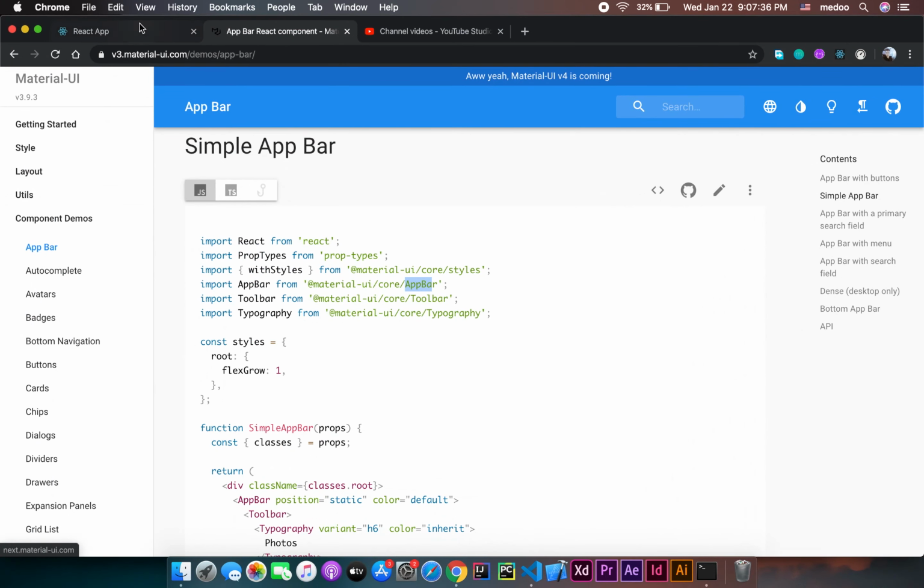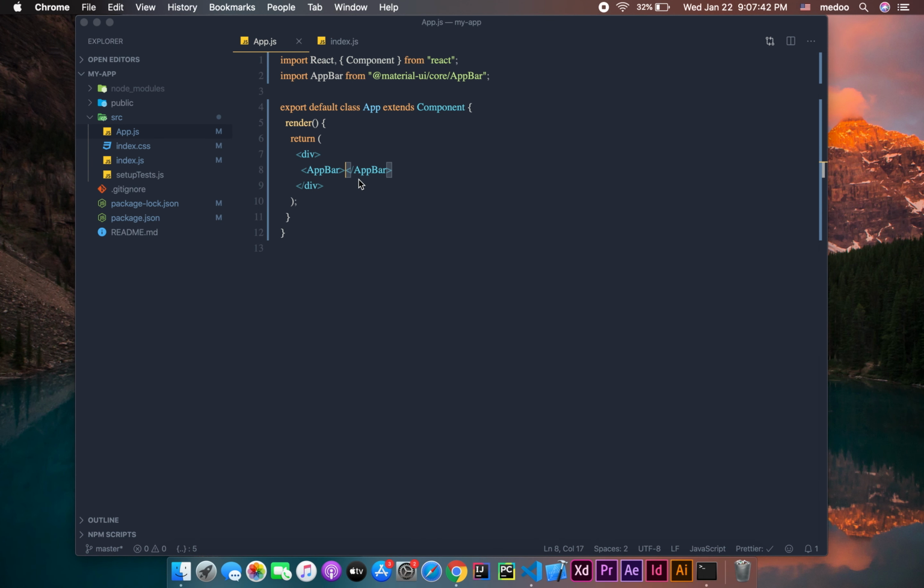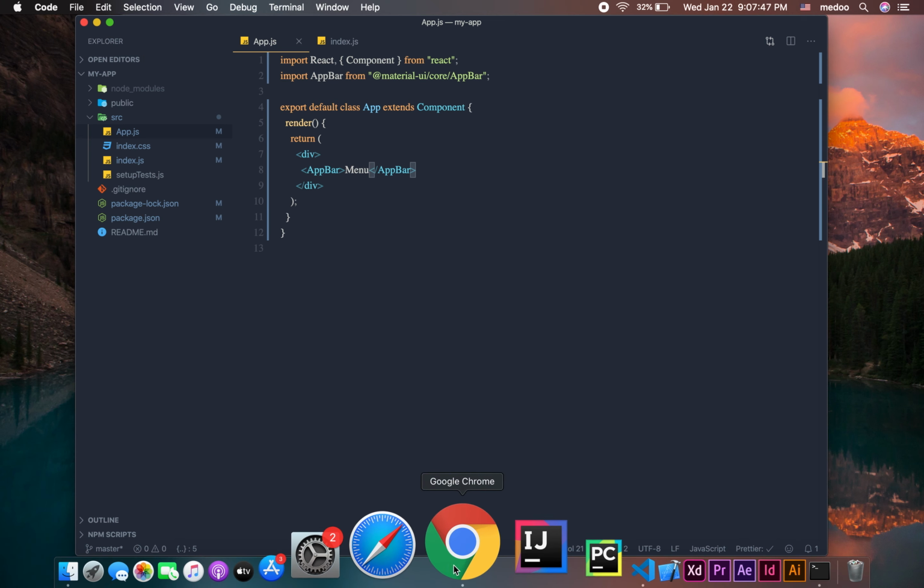Okay, if you open your page, you will not see anything. Here, maybe menu, and here is our AppBar. Okay,